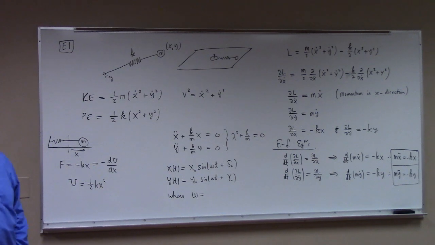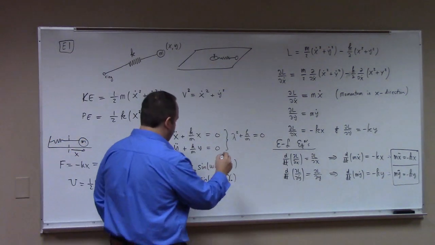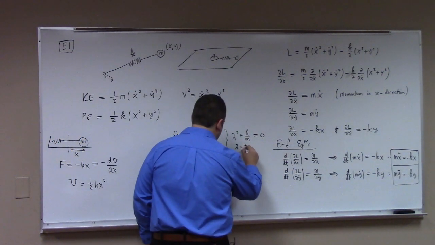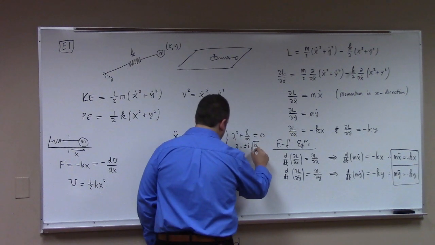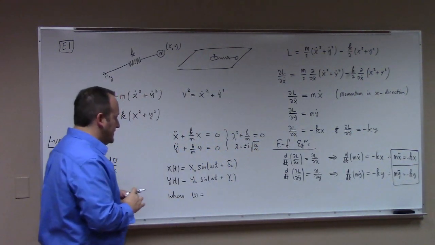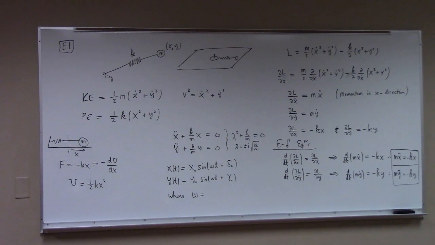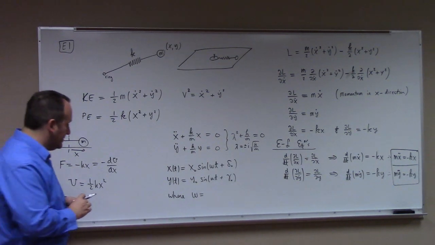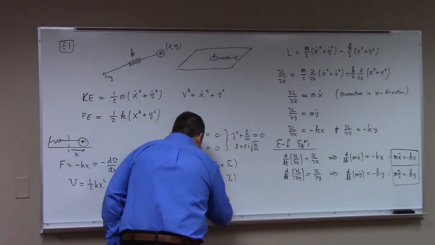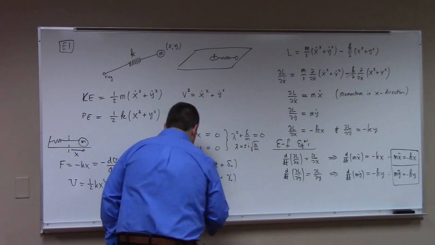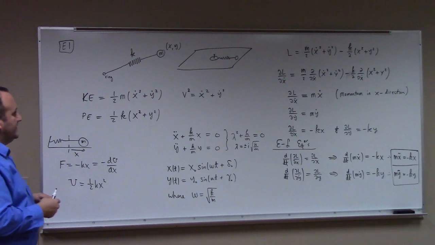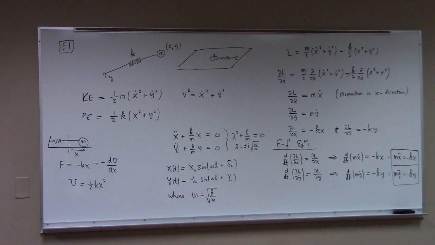So lambda is what? Lambda is plus or minus i square root of k over m. So my natural frequency here is just omega, which is the square root of k over m. Huh. I was not expecting to actually find the equations of motion, but here they are. Now, when I say find the equations of motion, I'm actually saying,